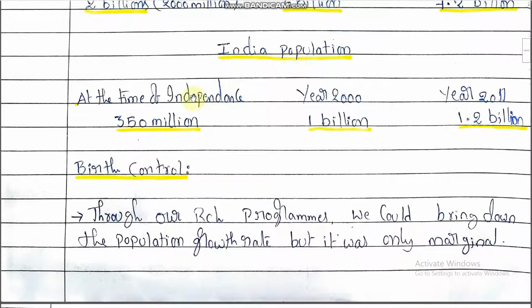Coming to India's population at the time of independence, in the year 1947 it was only 350 million. In the year 2000, it increased up to 1 billion. So from 350 million to 1 billion in a span of 50 years. The population was hugely increased. And in the year 2011,